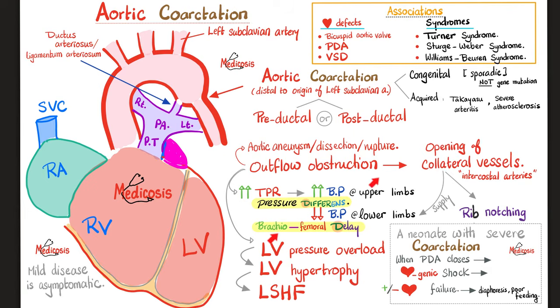Aortic coarctation, outflow obstruction, which leads to what? It's a load on your left ventricle because it has to pump blood against this high resistance, which means the left ventricle will experience pressure overload, S4 heart sound, left ventricular hypertrophy, concentric, not eccentric one, and eventually it leads